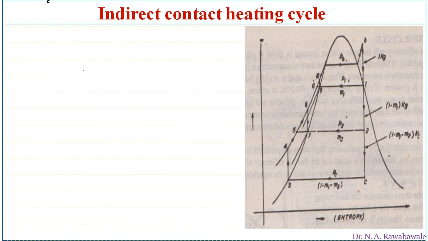So first of all, work done by the turbine per kg of steam. That is given by